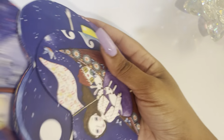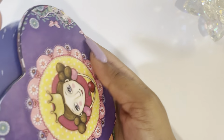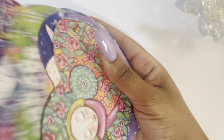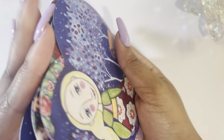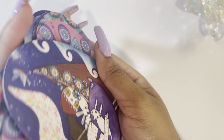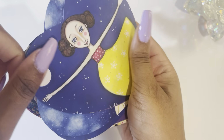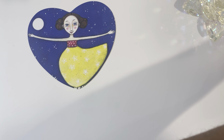I know these are hard to shuffle. I usually just go like this, right? Because they're shaped like a heart, so it can be hard to shuffle. And I just ask for one card for our inner child. One card, please, for our inner child. And if one doesn't come out, then usually what I'll do is I'll just pick any card that feels best for me. I'll get this one. Okay, so we have that one,